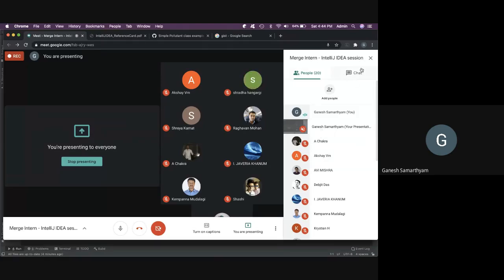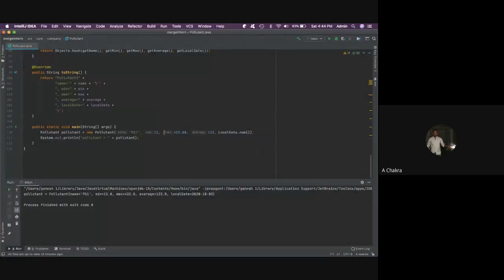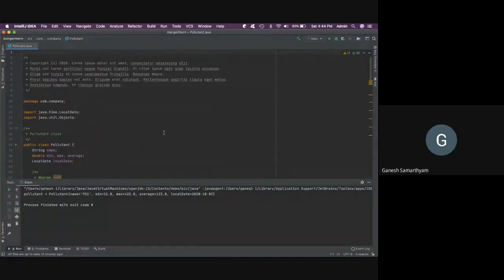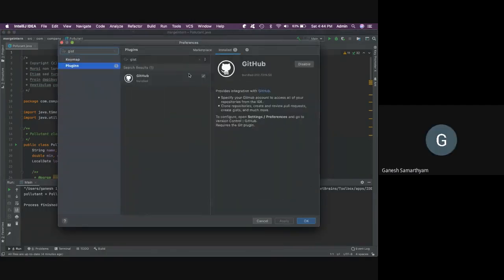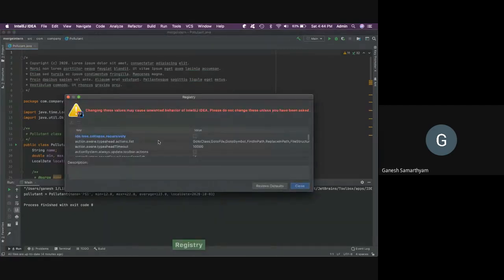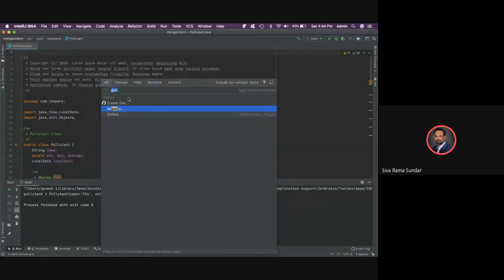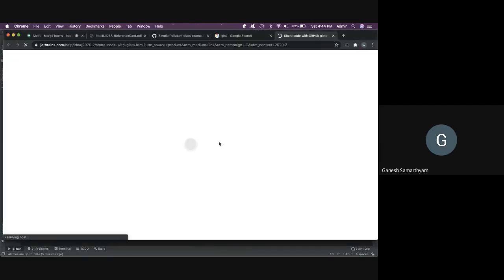Is it okay, Chakra? Can you do it again? Like how it is linking to your Git profile? I think I have already linked my profile to Gist. Let me see my preferences. No, it's not the plugins, it's preferences. It asks for your login name and password, and once you give it, it'll automatically remember that, and you'll be able to create the gist.